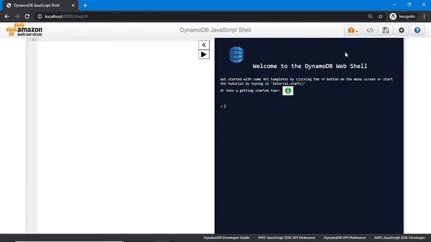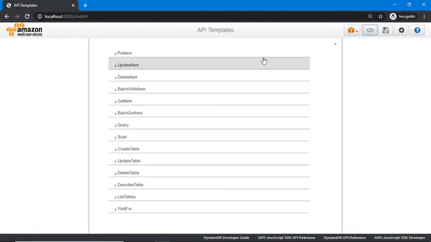And you can see on top of this there are some buttons. The first one is AWS JavaScript SDK. This tool is using the JavaScript SDK, and the second button is for API templates. This tool has some predefined API templates.